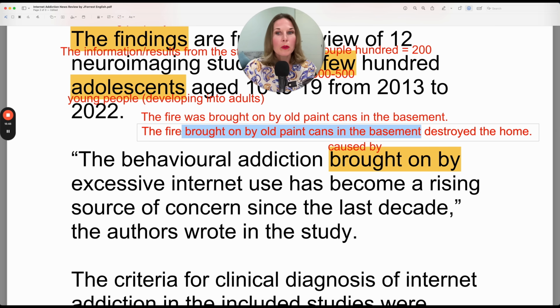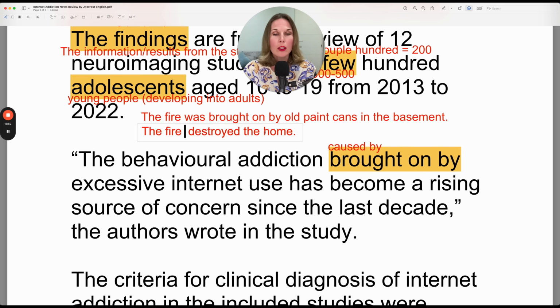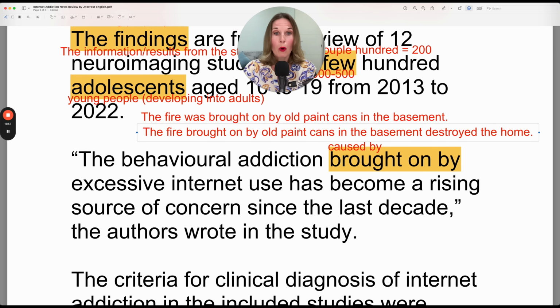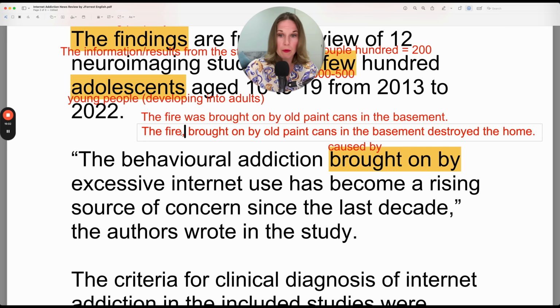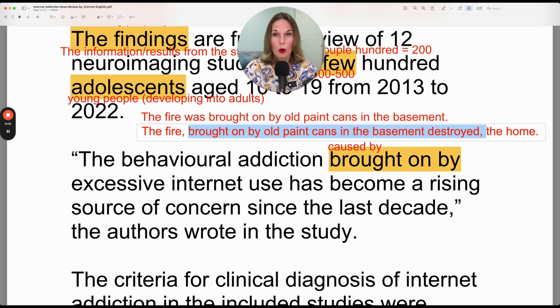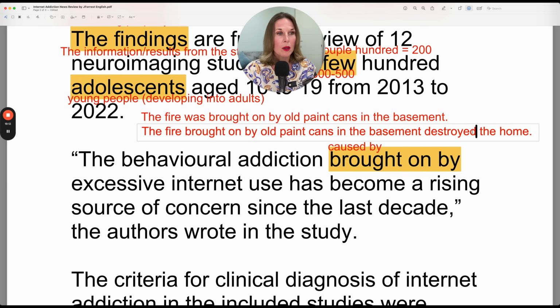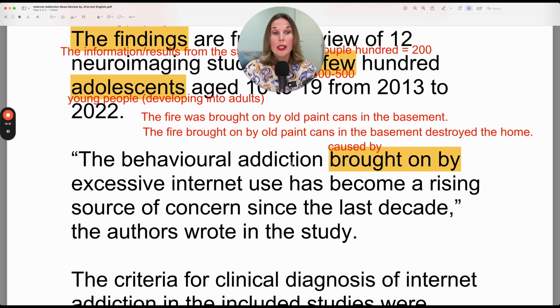So I could remove this entire part. The fire destroyed the home. But I'm giving more information. The fire brought on by old paint cans in the basement. Sometimes you see this information between two commas, which lets you know that this entire part can be removed. But if you don't see it by commas when you read it, you just have to understand where the information is. So the behavioral addiction brought on by excessive internet use